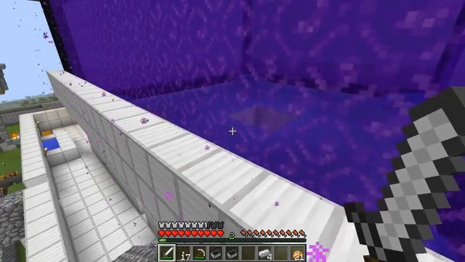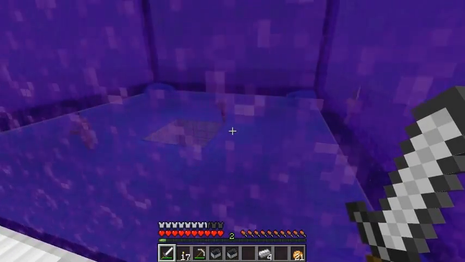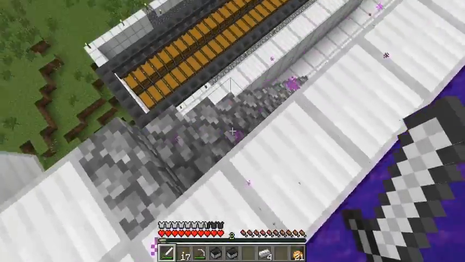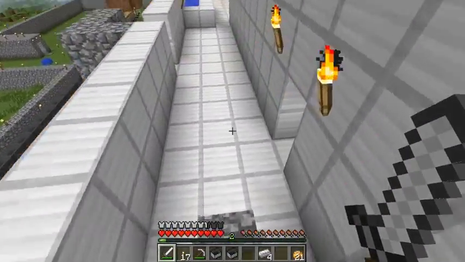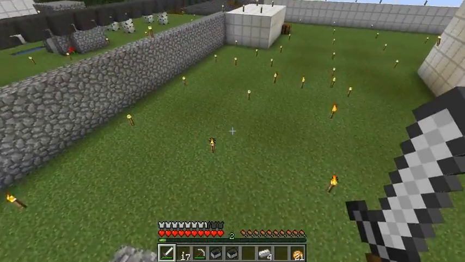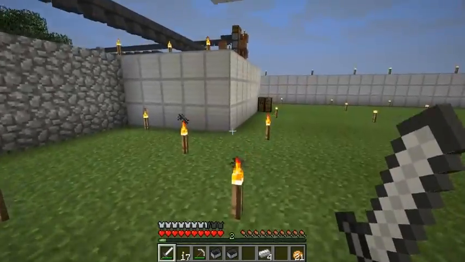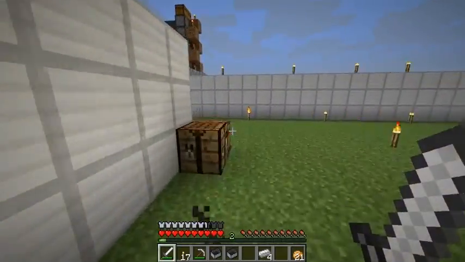So essentially, these little portals here spawn those things, which are zombie pigmen. And zombie pigmen, like 1 out of 100 times, will drop a little tiny gold nugget. And so we've basically got that set up so that they fall down this giant chute here,